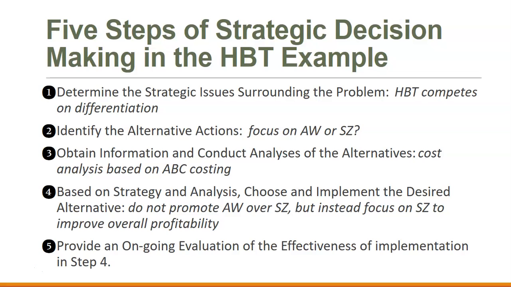And then in 5, we provide ongoing evaluation of the effectiveness of implementation. So then we would do a performance evaluation. Well, did the plan that we decided on in 4 work? And if it did work, how well did it work? And if it didn't work, then we're going to go back to step 1 and try something